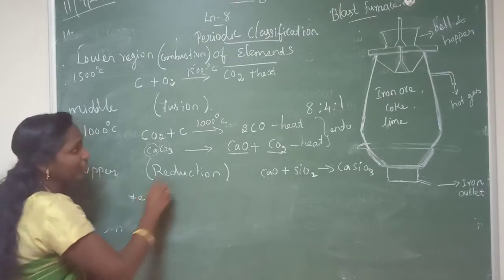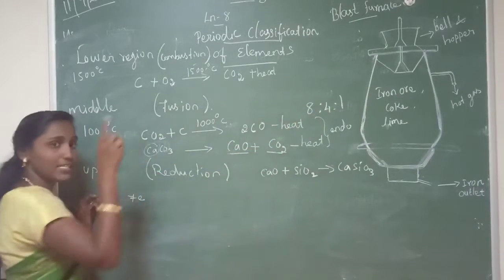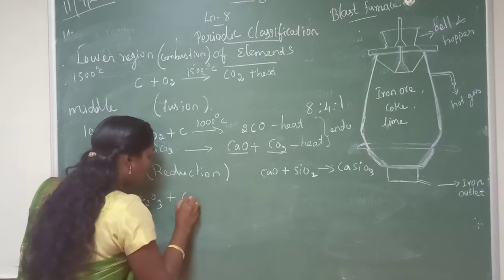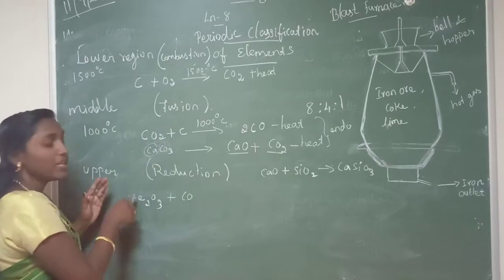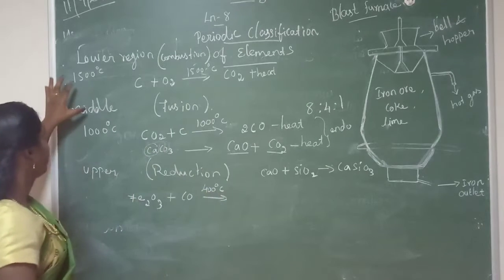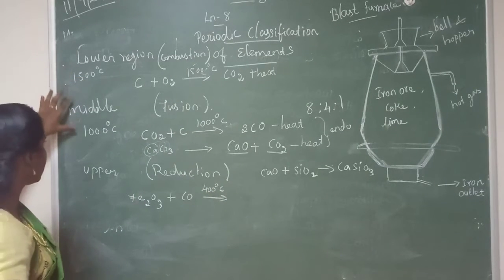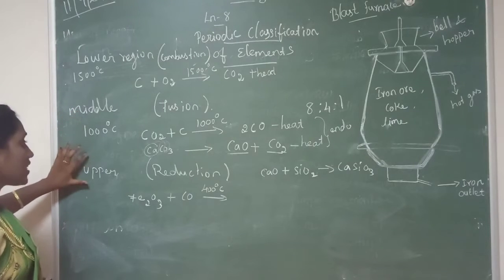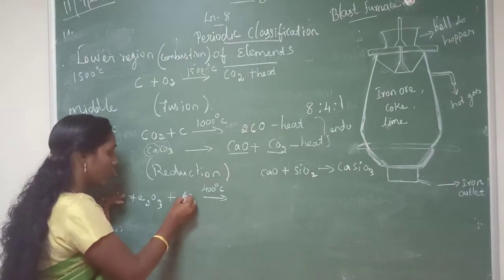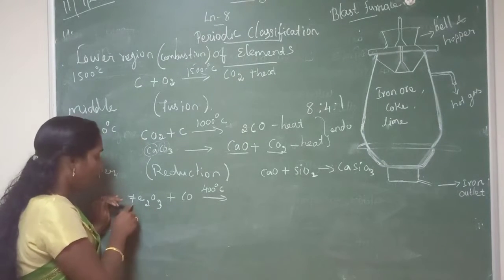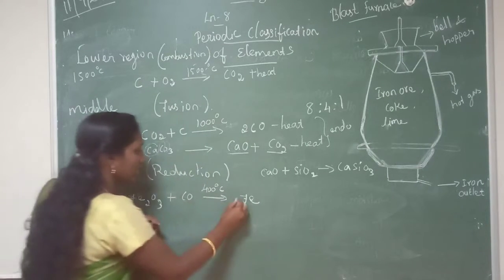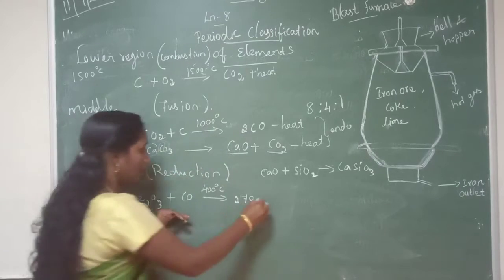So here we are taking iron ore, hematite, which we studied, Fe2O3. When we add carbon monoxide to this Fe2O3, the temperature here is 400 degrees Celsius. The lower region is 1500 degrees Celsius, the middle region 1000 degrees Celsius, and the upper region 400 degrees Celsius. In this region, carbon monoxide will reduce iron oxide to form iron metal, Fe. Here 2 Fe. Have you understood? Plus,